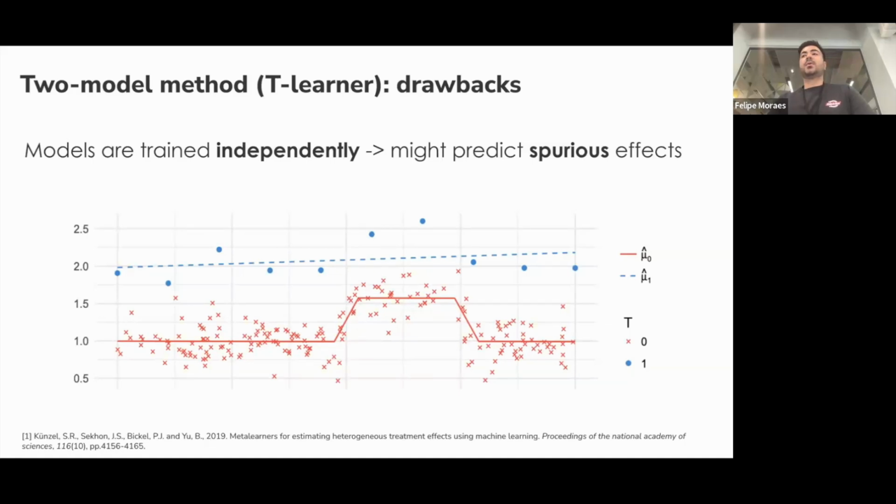Your model doesn't learn the complexity that you should observe. You learn for the control, but you don't learn in the treatment. So the T-learner doesn't work that well if you have less data in one model than the other. Put it like this: one model learns better than the other. You have no guarantees.